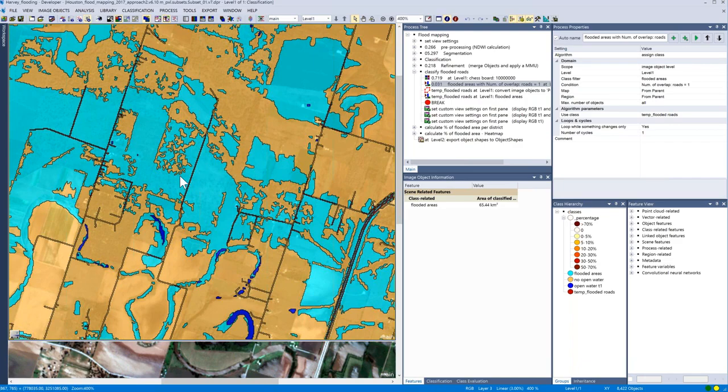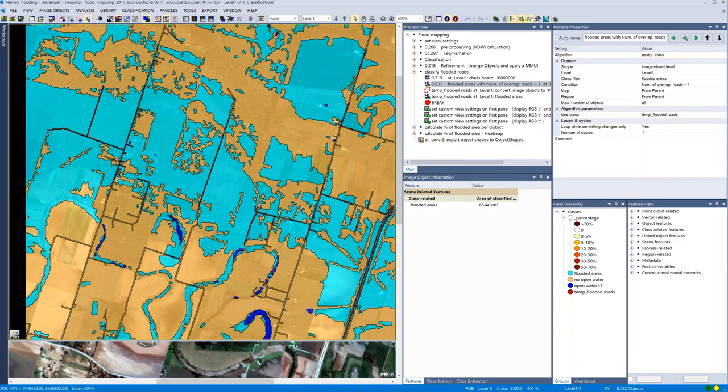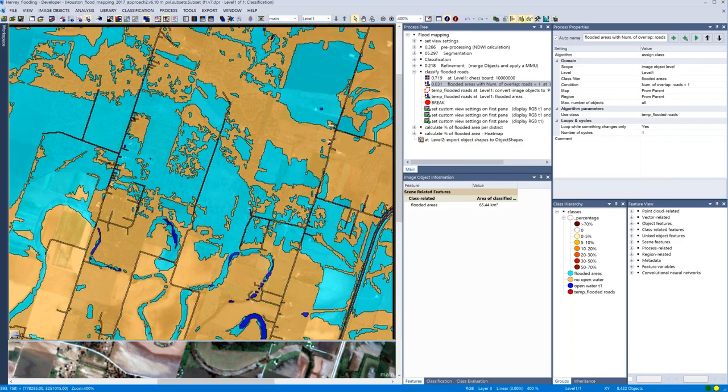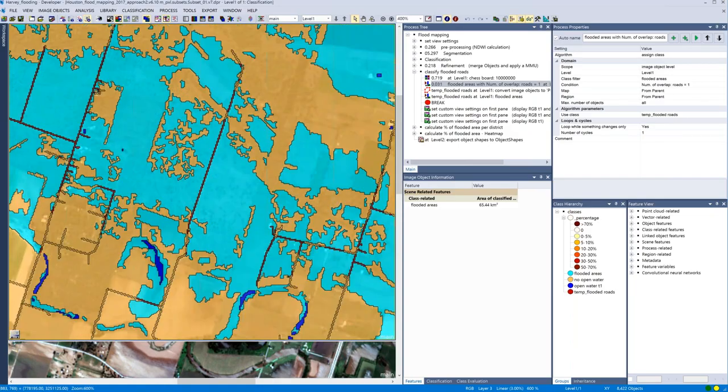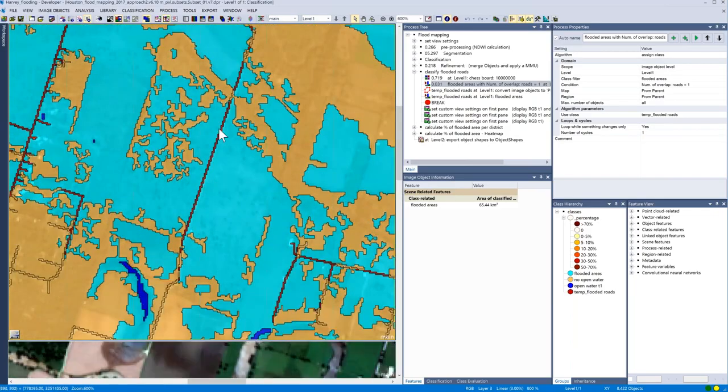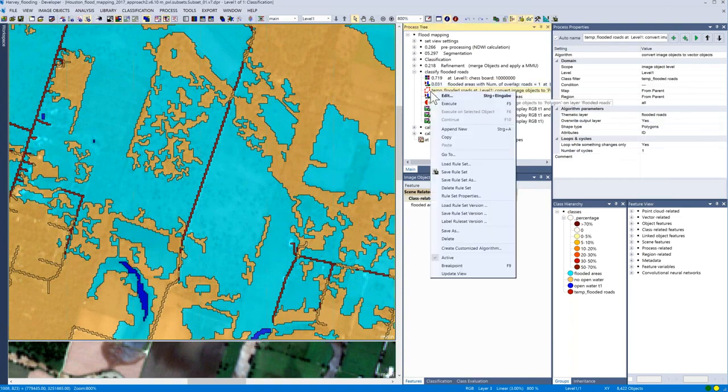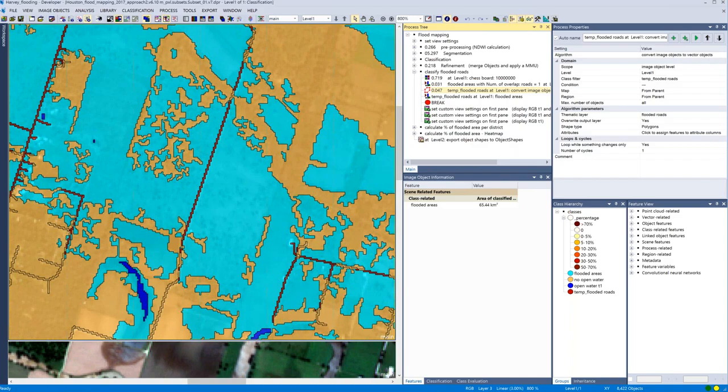Right. Perfect. So I'm going to keep on showing you how we classify the roads. The road objects that were classified as flooded areas are now classified as flooded roads. It's a temporary class. Then in this process, I'm vectorizing them, creating a vector layer out of these flooded road features.